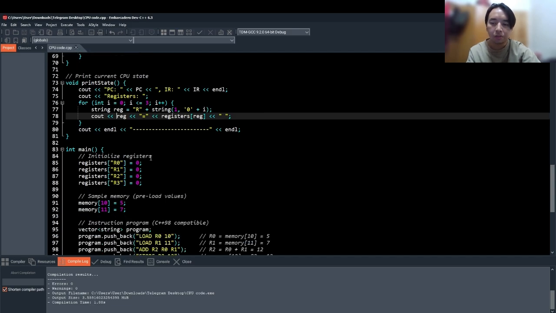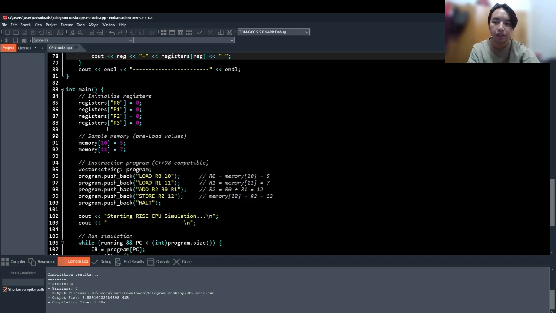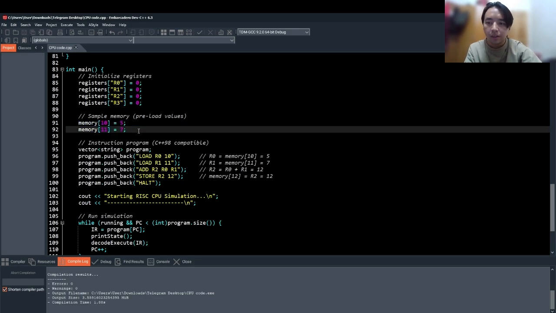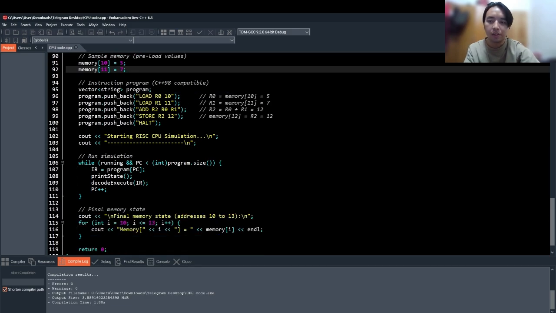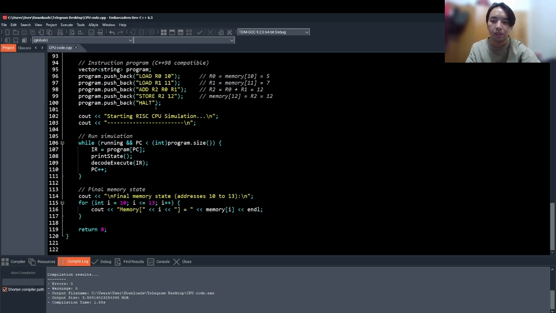And continuing to the main function, we have the registers R0 to R3, which are declared as 0. And we have the memory of 10 and 11, which have the values of 5 and 7 respectively. And we have the vector program as the sample instruction, for example, load R0, 10. And we have the while loop for the fetch function. And lastly, to output the final memory state. And if we run the program,